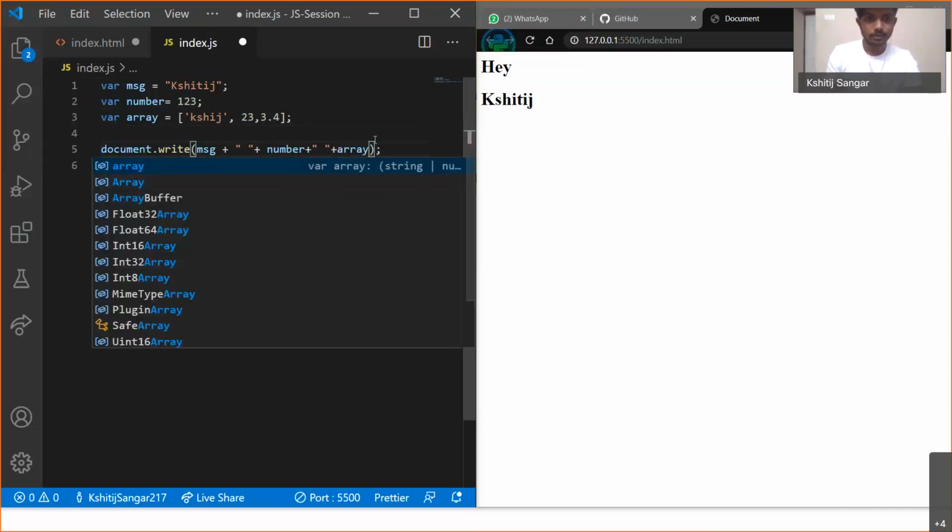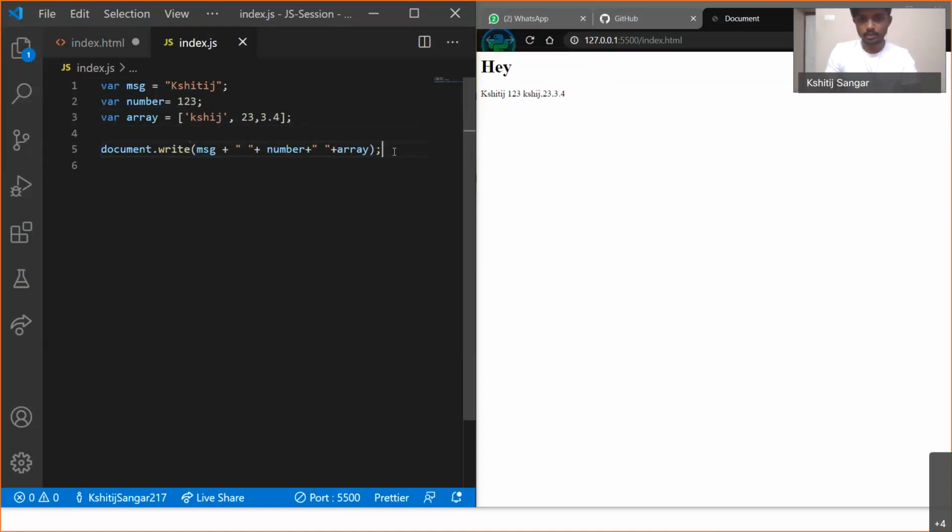I don't know if it will display or not. I'm just trying it for the first time, I guess. So look, it just displayed. Yeah, it displays. Okay, so now you can see I displayed the first variable, I also displayed the number, and I also displayed our array that we have. So these are the variables that we have here.